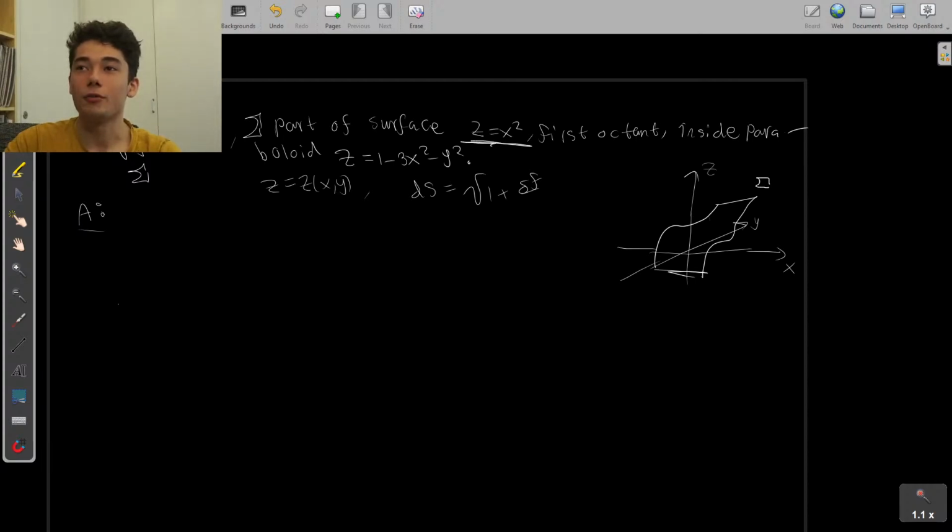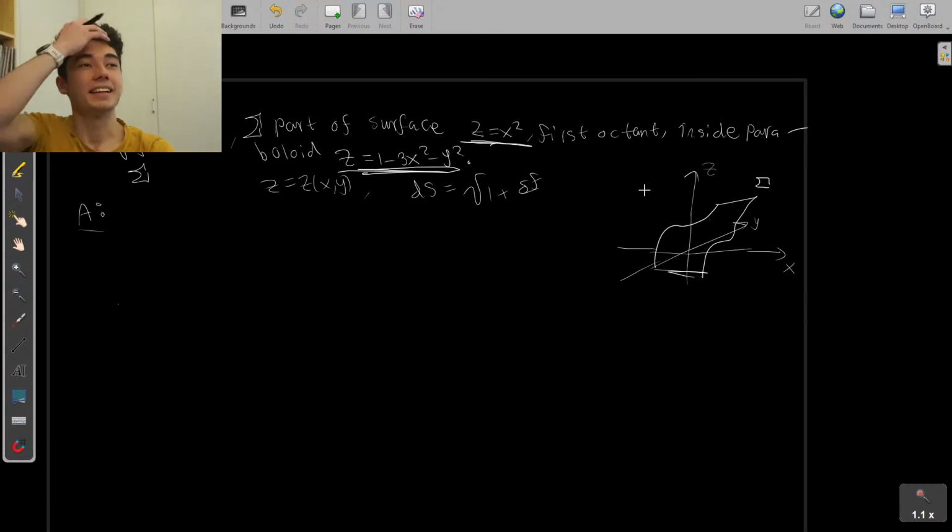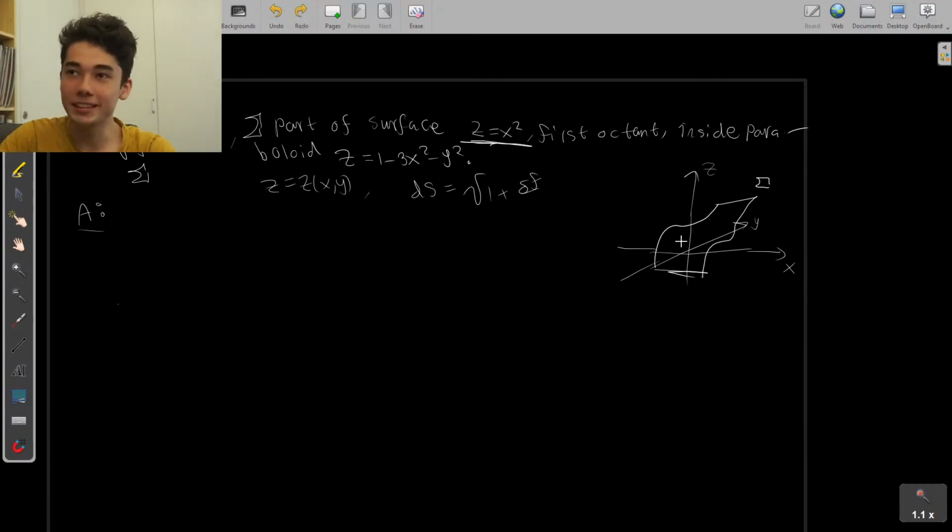And we have two functions which the intersection of these give a curve. They're just trying to make it confusing, right? But basically, we have our surface here in R3, and we want to